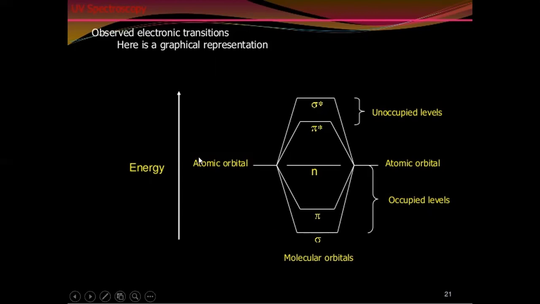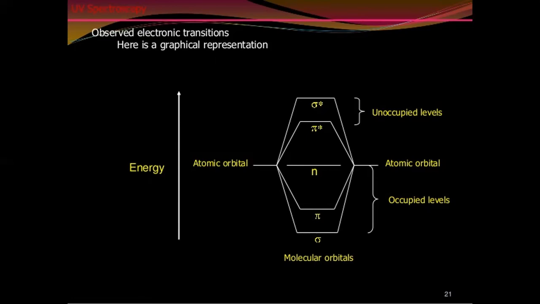Here you can see the energy coordinate. These transitions require more energy, so they are observed in the alkenes, which have sigma electrons. In the ultraviolet region at 150 nanometers, this radiation is possible. 150 means less wavelength, high energy. This is known as the vacuum ultraviolet region, and it is below 200.